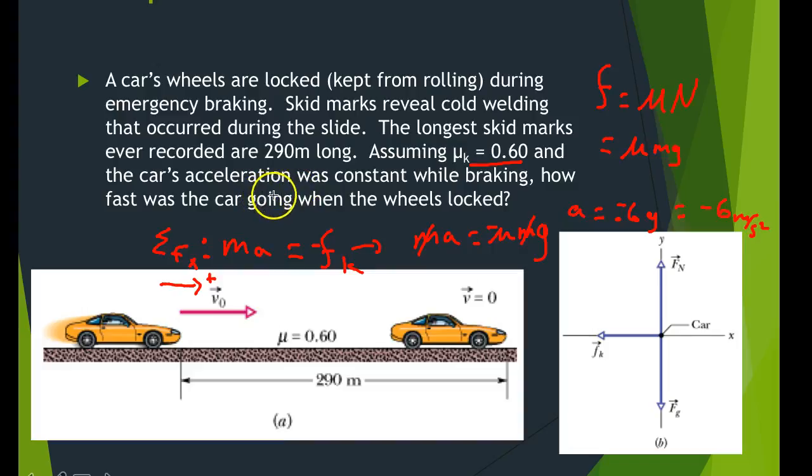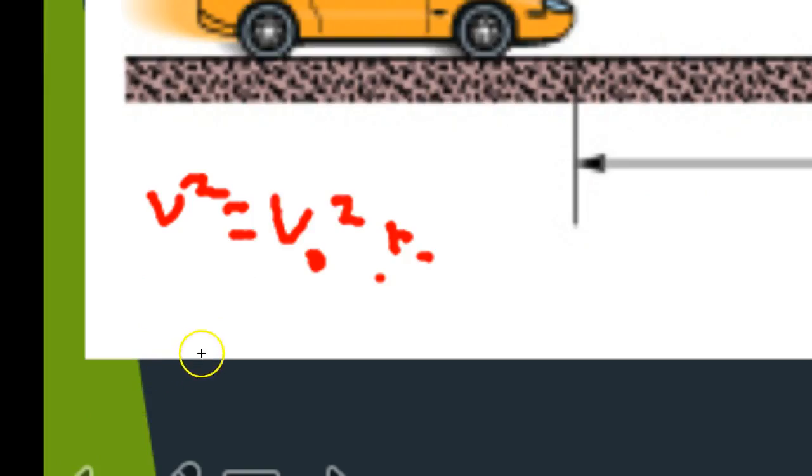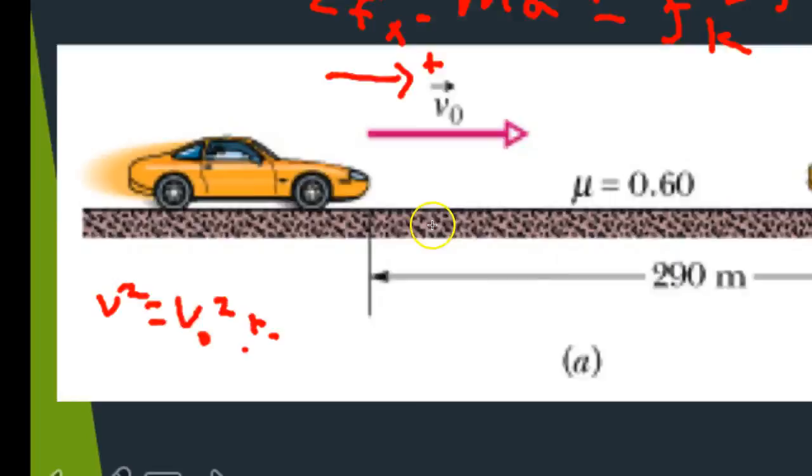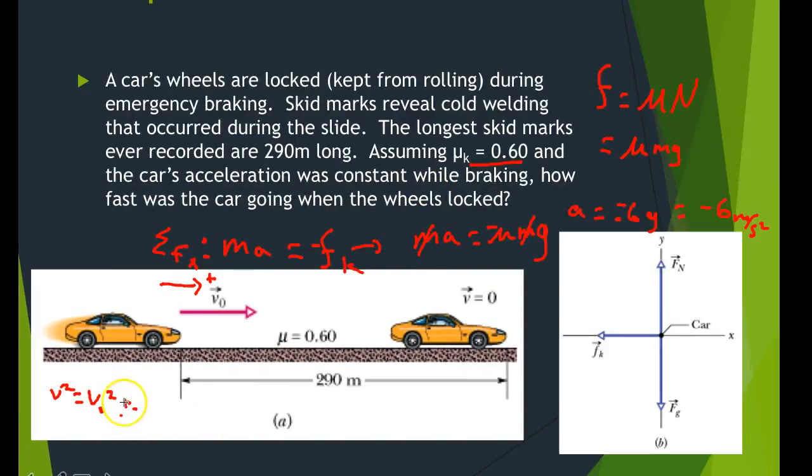So if we want to find now how fast the car was going, we could do kinematics. Use this equation, v squared equals v naught squared plus 2 times a times x. We know that a is negative 6, and then x is 290 meters. So if v squared is 0, then negative v naught squared would be equal to negative 12 times 290,